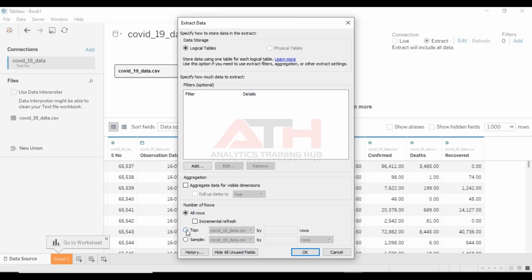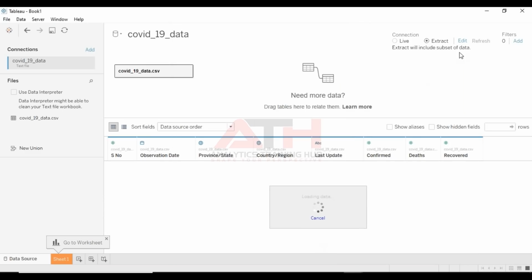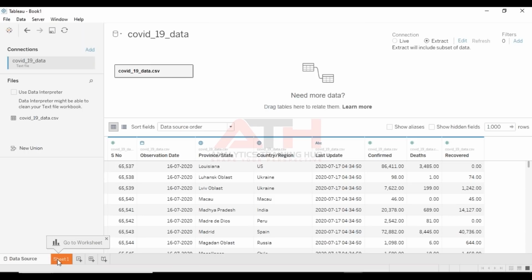And if I select the top option here, then I can just mention the number of rows that I want. And if I take a sample here, then I get two options. One is the number of rows, which will randomly give me the rows, and the other is the percent part. A good way to use this option is always to select some percentage of your data that will come up randomly. Just to make it simpler, I am taking it as 20% here, and I'll click on OK. Once I click on OK, Tableau has created my extract.